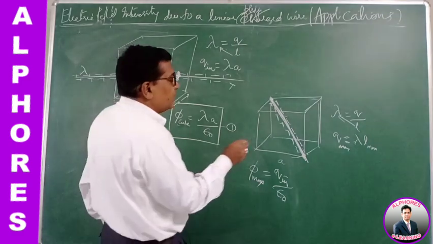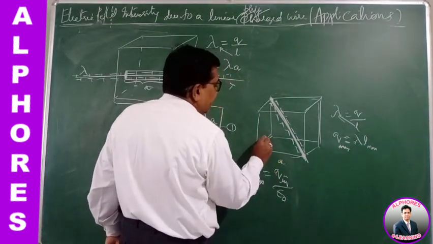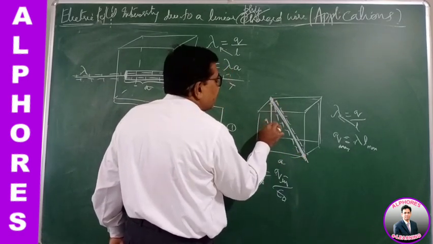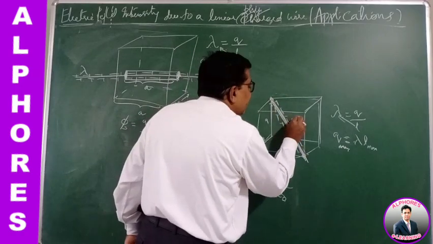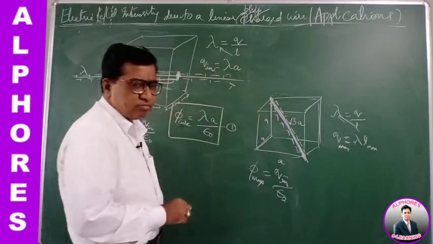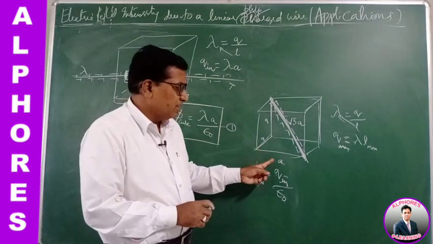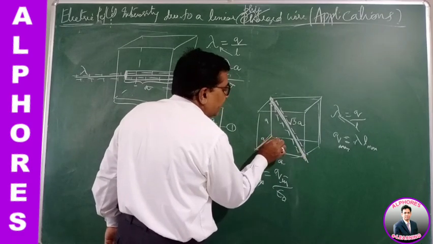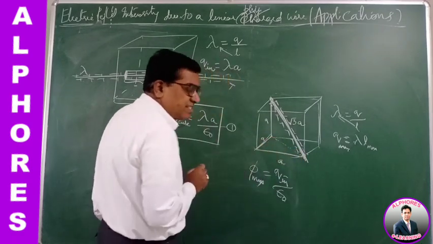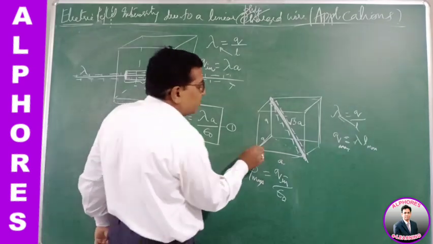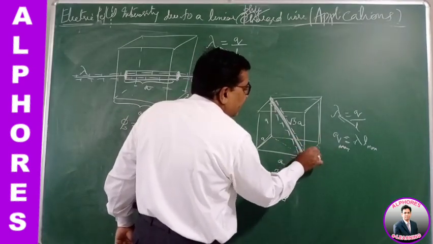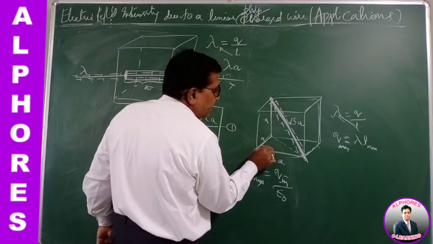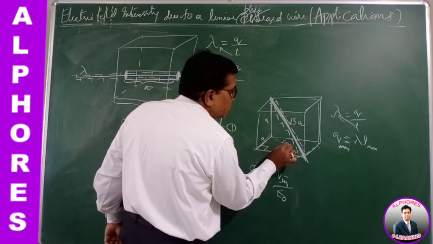What is the length? In a cube, if this side is A, this is A, then the face diagonal will be root 2A, and this length is also A, so the body diagonal is root 3 times A. By geometry, you can find out: in this plane, this side is A, this side is A, both perpendicular. If I take the face diagonal, the bottom face is a square, then this face diagonal is the hypotenuse of A and A, both perpendicular, and you get root 2A.